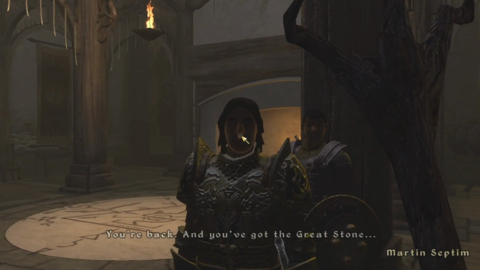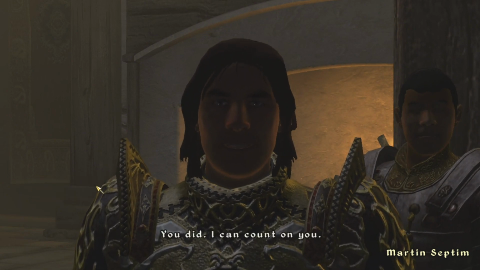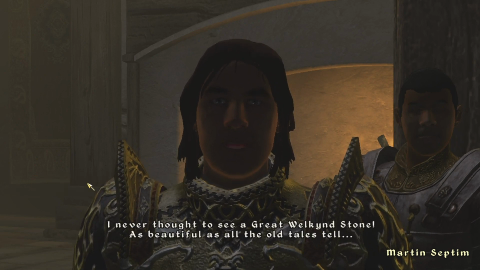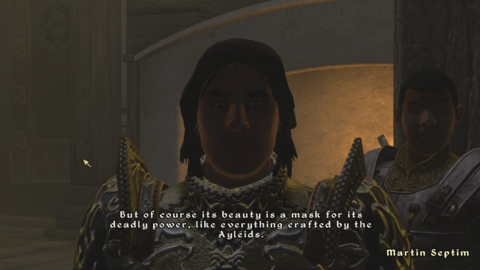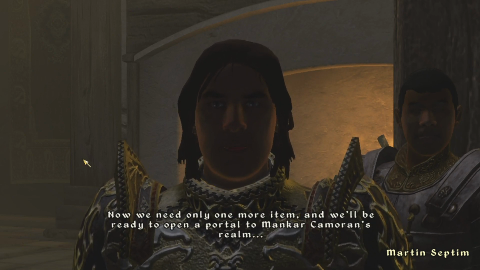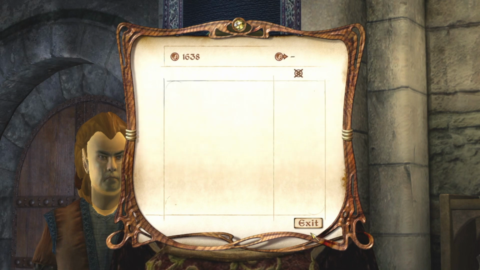So having returned to Martin yet again, I'm starting to feel like an errand boy now. He told me that the last item he needed was a Great Sigil Stone. In order to get this, we had to allow a great gate to open outside of Bruma. So, after recharging my staff and telling the Countess of Bruma that I got